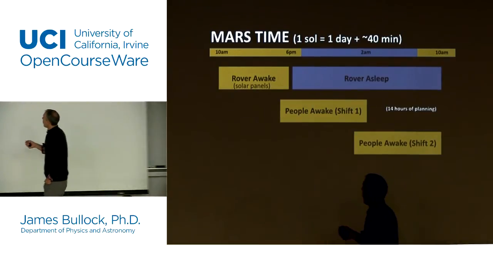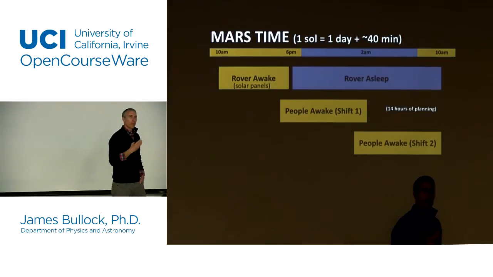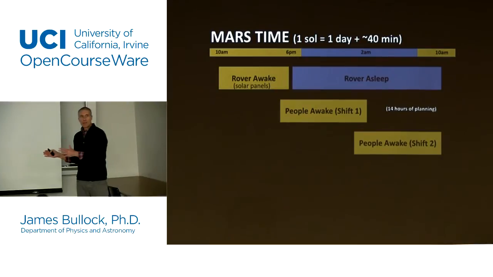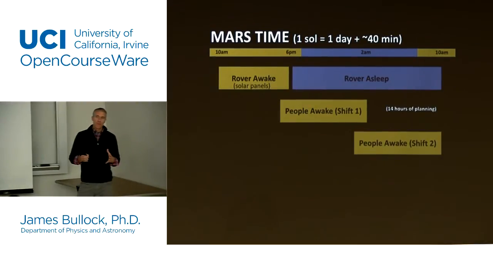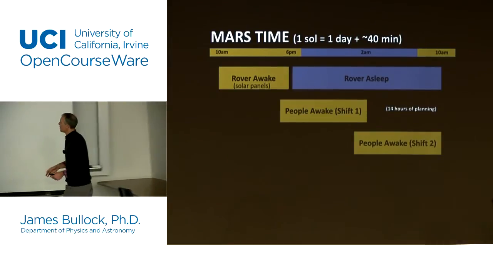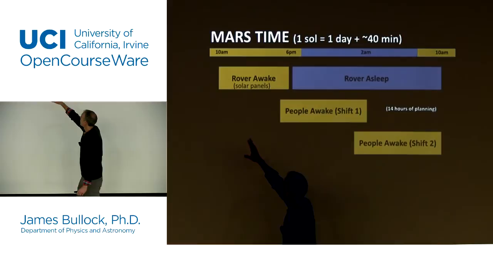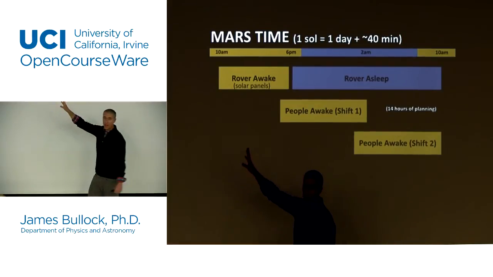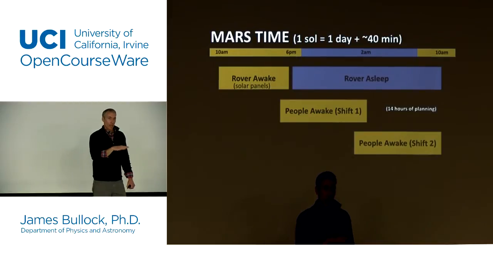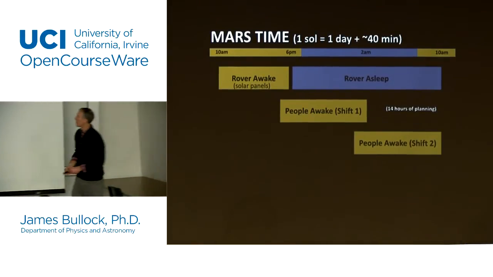And now the way you run the rover then is you actually operate on Martian time. So you have a team of researchers working out at JPL, and they're working on Martian time, so they don't want to waste any time here. And so what they do is at 10 a.m. Martian time, pretty soon after that, the rover wakes up. They've programmed it the night before to do what they want it to do, and it goes off and starts going around and digs holes and does whatever it does for the course of the day.